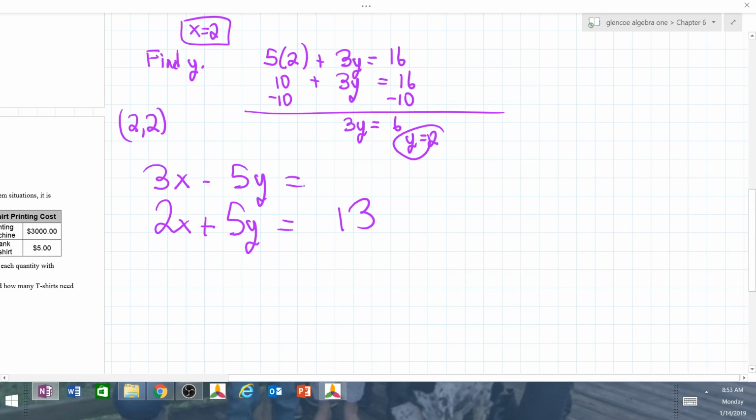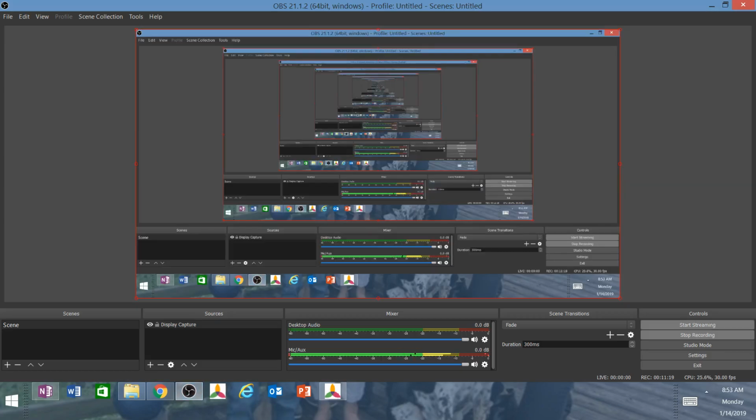This is an easy one. What would you do here? 3x minus 5y equals 7, 2x plus 5y equals 13. Let's go. Someone raise your hand. Okay, good job. All right. We are going to be done with this, and that way you guys can